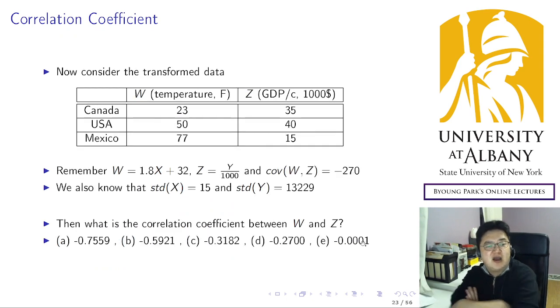Okay, then I want you to try this again. For the second example, can you show me how to calculate the correlation coefficient for this new pair of random variables? Do this exercise